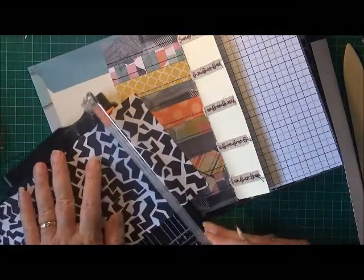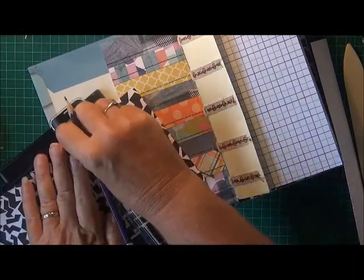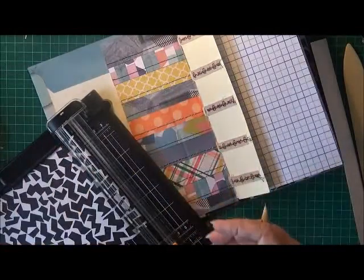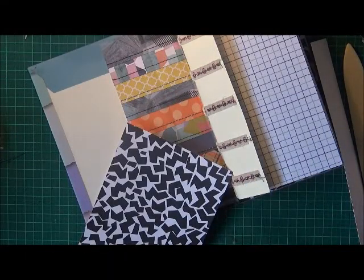So there was really no need for me to give you the measurements, because your book could be smaller or bigger than what mine actually is. Okay,